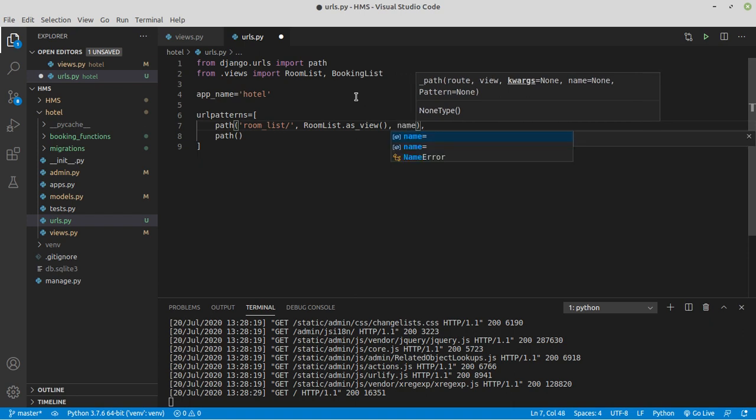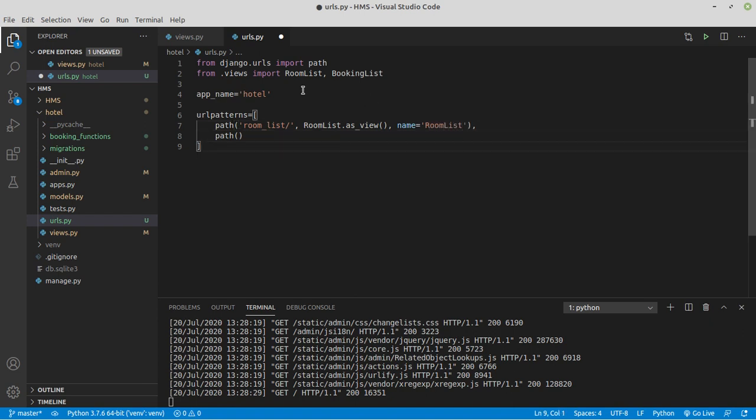Then we give a name, and I usually give the same name, room_list, and we're going to copy and paste it. Actually it's quite similar. Instead of RoomList we need BookingList, and this will be BookingList.as_view. You can use multiple cursors here. I save it,